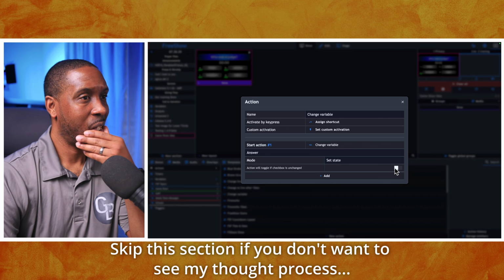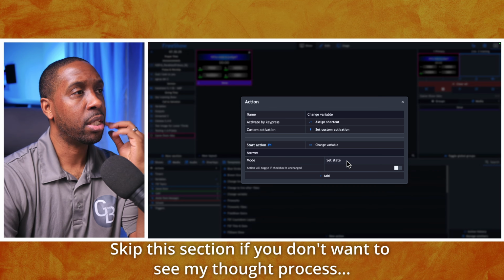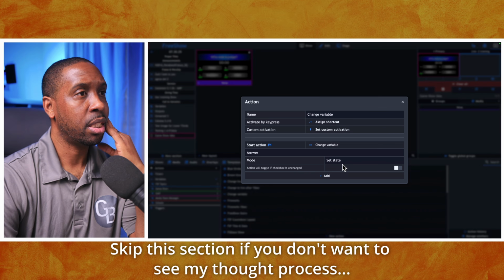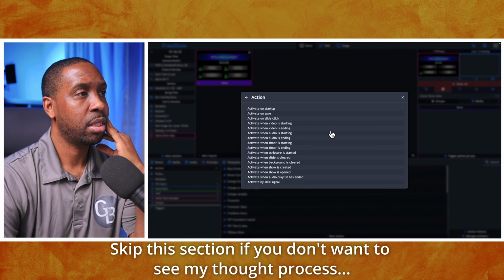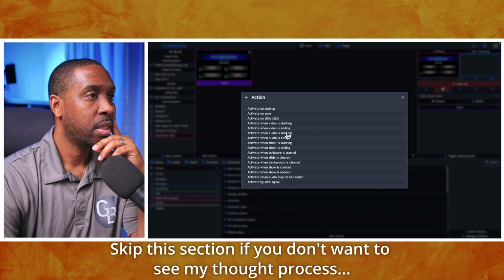Interesting. And so with the answer, we set the state. Basically, it changes it to off or on. And we need to set it to where it is based on the timer though. Let's see here. When timer is starting, timer is ending. Let's go